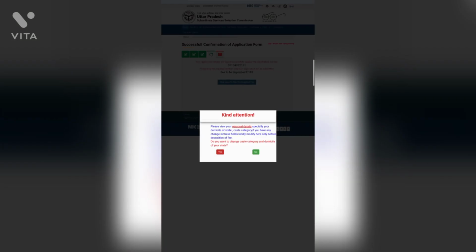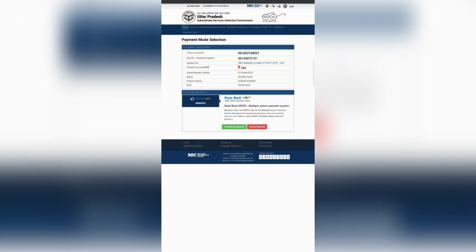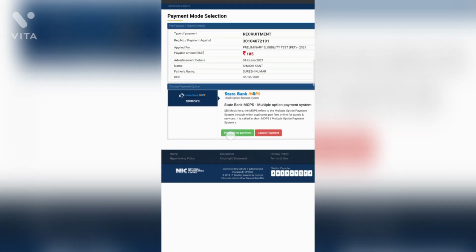Here again you have to enter a captcha code. You can just see this. This again is case sensitive. Capital Z, capital F, G, B, M, and then just click on submit. Please confirm your application details. Okay. So now you are done with the filling of your application form. It will take a moment and then you come to the fee depositing page.